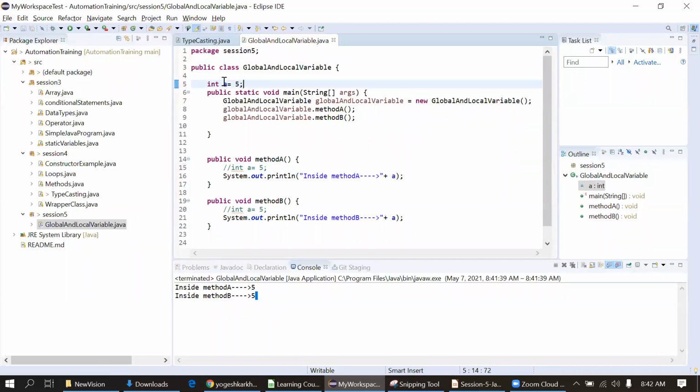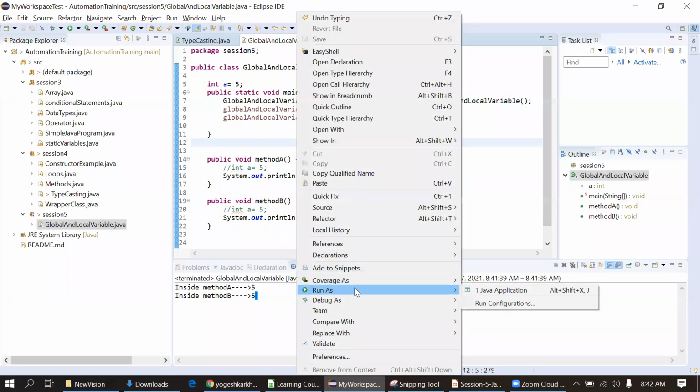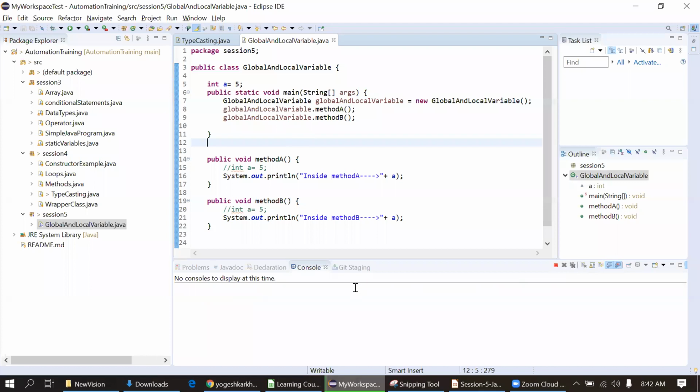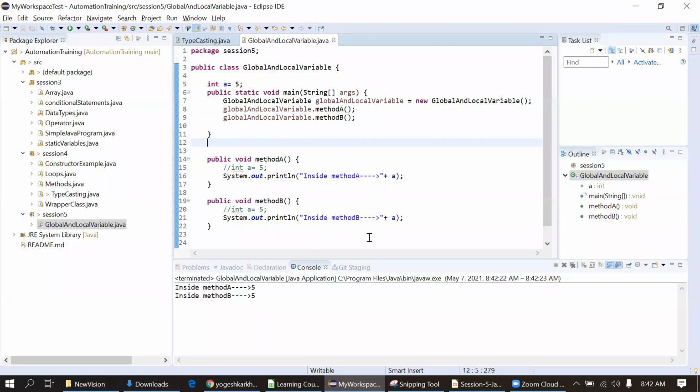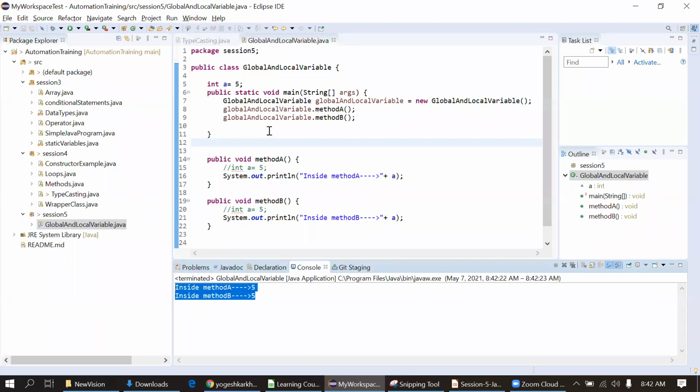So now it will be global. You can see the color actually. Now it's showing the a in blue color. So it's global now. So now I will execute this class, and I should get the same output that we got in the local variable method. Okay, so the output is the same here.